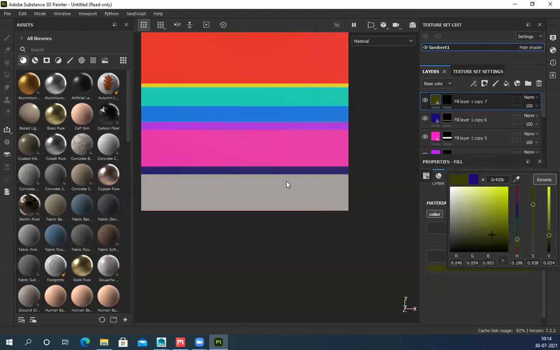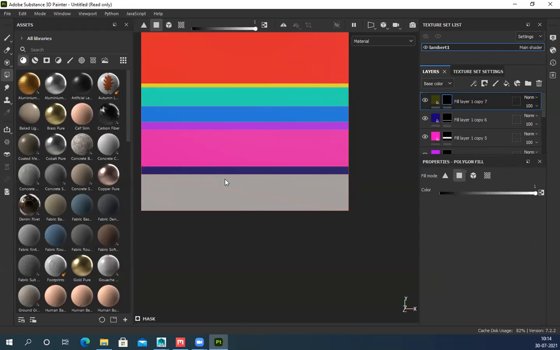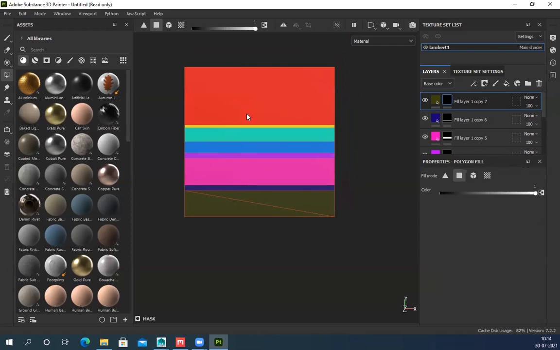It's like a darker tone. Yeah, done. So all the colors are different colors. That is something you need to specify. So you just need this color map. You don't need anything else from Substance. You can do it in Substance or Photoshop or anywhere. You just need a selection.